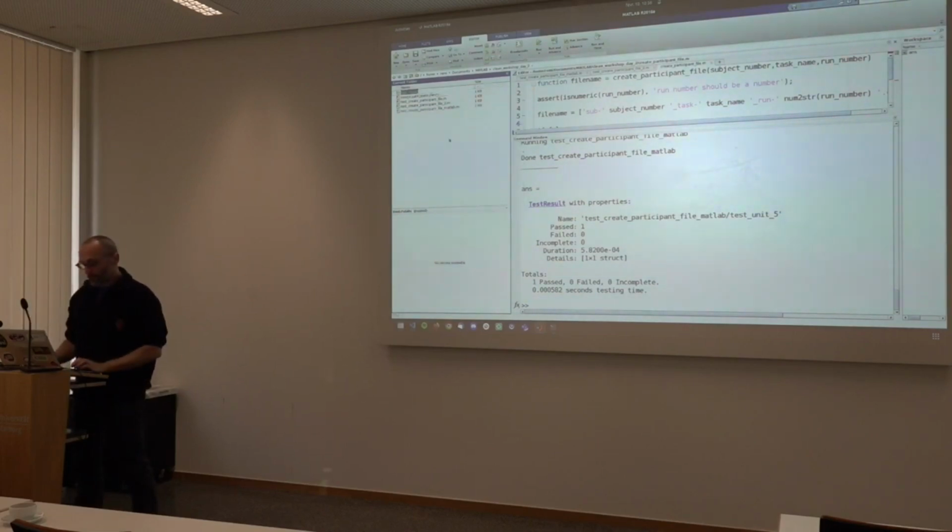So here I'm going to do it with a source folder where I'm going to put the code that I actually use for my analysis, for example. And I'm also going to create a different folder called tests, and I'm going to put all of those in there. OK, so now I have two folders, source and tests.